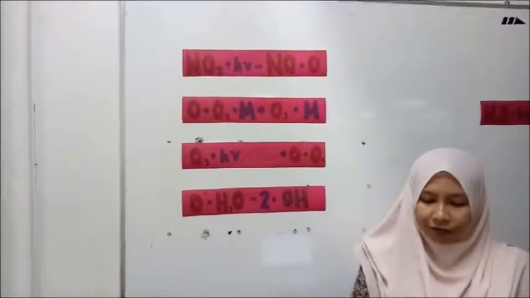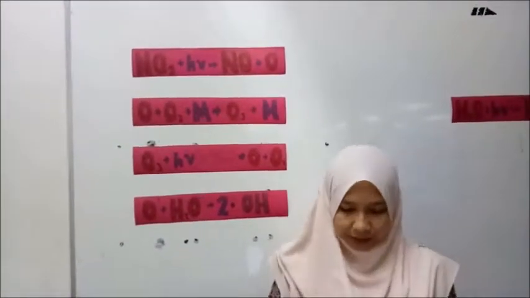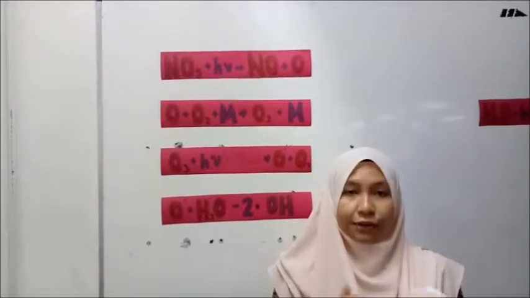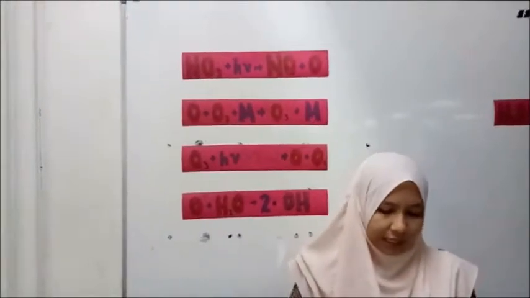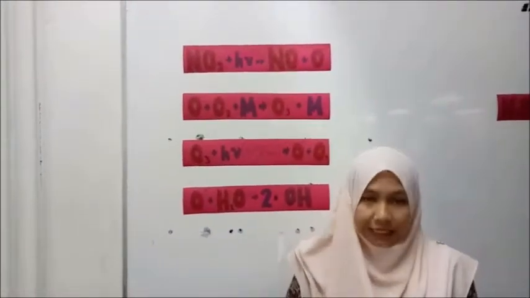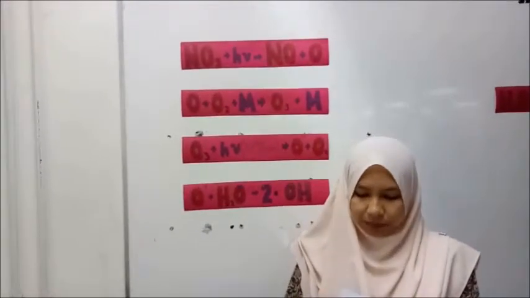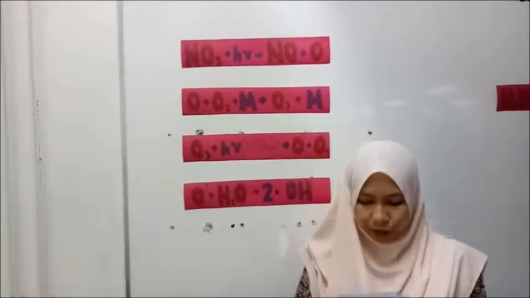I'm going to explain about reactions involving hydroxyl and hydroperoxyl radicals that form in the troposphere region. We know that a variety of radical species are encountered in atmospheric chemical reactions, and the most important radical species among them is the hydroxyl free radical, which plays a central role in many atmospheric chemical reactions. It is formed in the troposphere by a variety of means, but the most important is a 4-step process, including